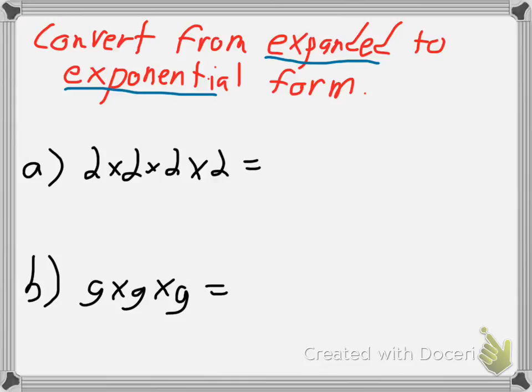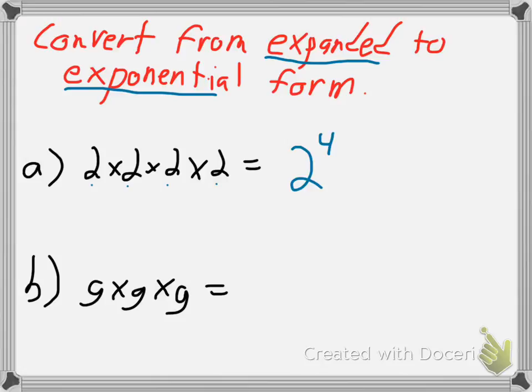So for letter A, I have an expanded form, 2 times 2 times 2 times 2. I need to be thinking, okay, all of my factors are the same, so I know that I'm going to have a base of 2, and now I need to think about my exponent. My exponent is how many times that 2 is being multiplied together. Well, it's being multiplied together 1, 2, 3, 4 times, so my exponent is going to be 4. So I could say that this is 2 to the 4th, or sometimes we say 2 to the